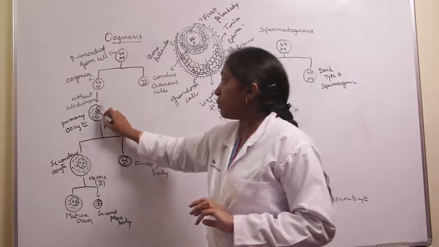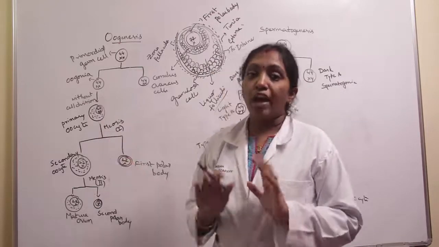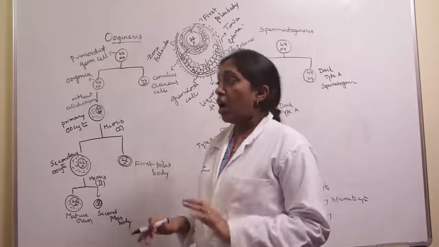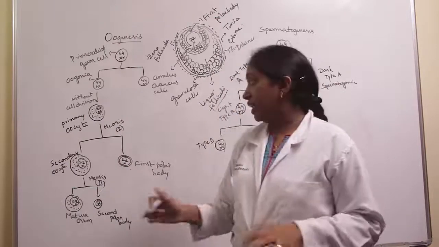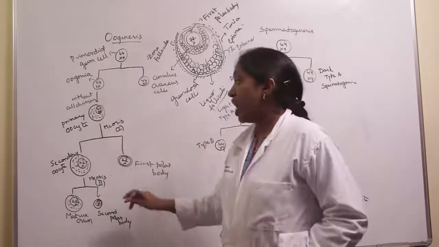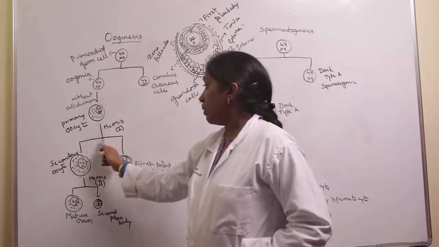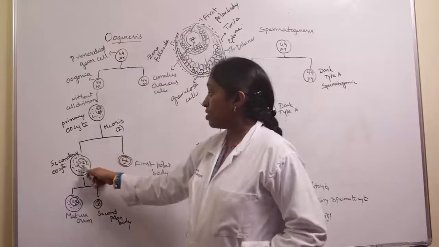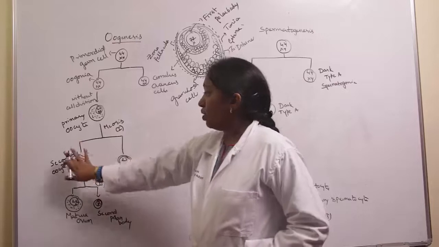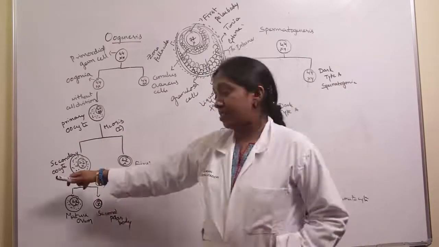So here you can see the primary oocyte surrounded by follicular cells, and this primary oocyte now enters into the prophase of first meiotic division. After birth, only this primary oocyte completes the prophase of first meiotic division and converts into secondary oocyte. Now here meiosis I takes place, so the chromosomal number is reduced to half, and after meiosis I, only one of the cells receives the major amount of cytoplasm, and it becomes